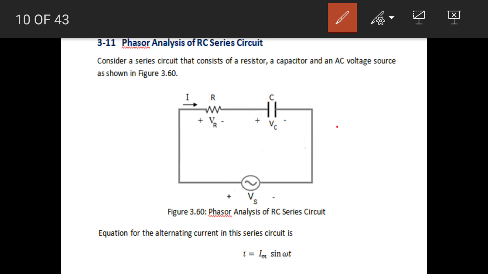This is the series combination of the resistor and capacitor, and we apply KVL to this series circuit. According to KVL, the phasor sum of the voltage rises in this loop will be equal to the phasor sum of the voltage drops. So if we focus on this loop,